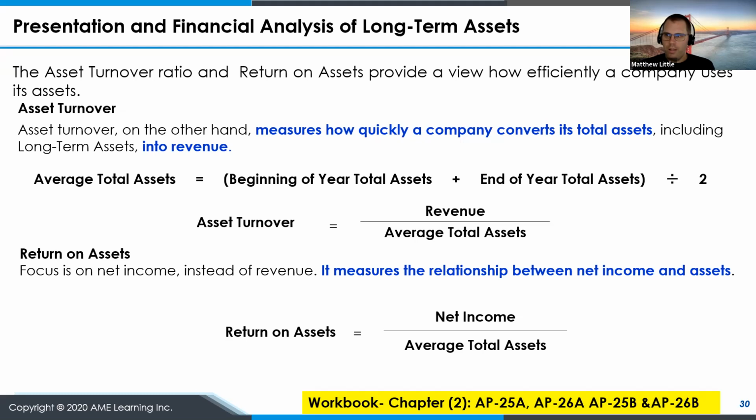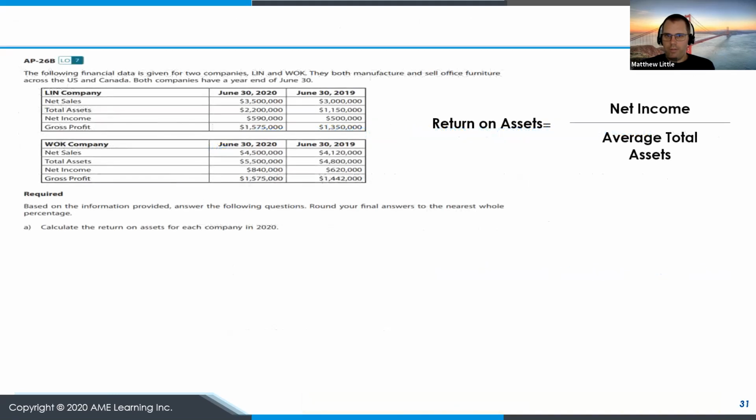Okay. So we'll go through a couple of examples here. We have these two companies on screen, the Lynn Company and the Walk Company. For both companies, we're given June over June each year. For example, Lynn has net sales of $3.5 million currently, compared to 3 million the prior year. Net sales for Walk are $4.5 million current versus 4.1 the previous year. So at a quick glance, you think, oh, Walk had more sales, and they had more net income. But let's go and look at the return on assets, for example.